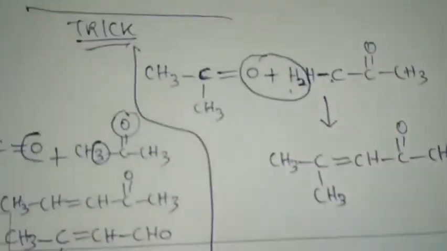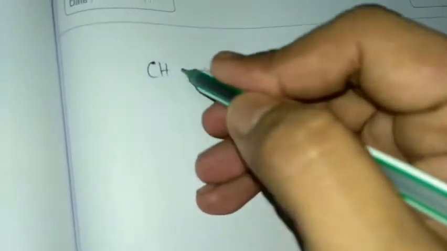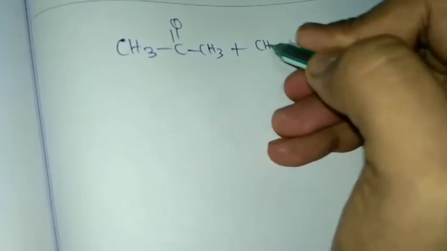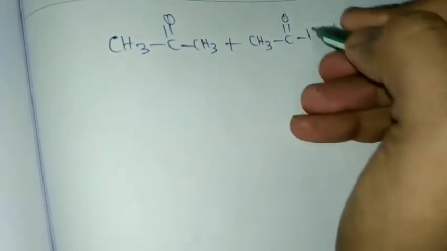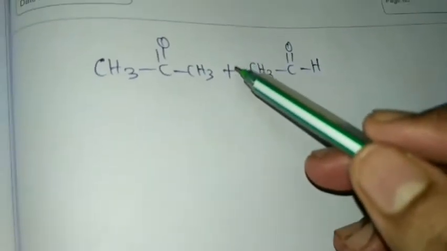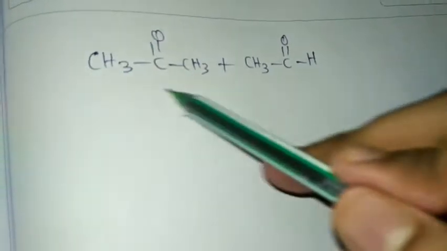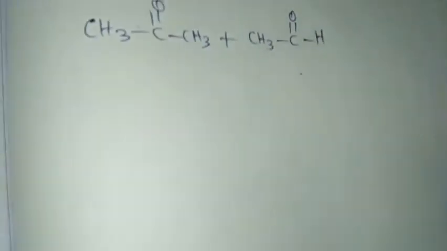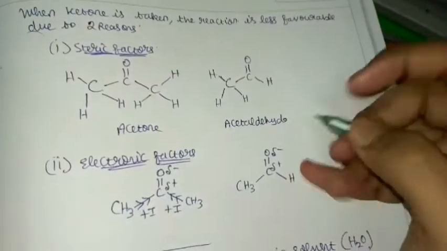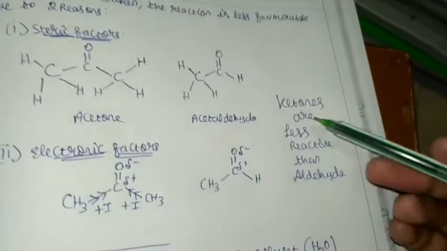So in general, if you take the problems in ketone, you understood, right? CH3 C double bond O CH3, if you take CH3 C double bond O H, all the four products will be formed. But if you are asked to find a stable product, as I said, ketones are less reactive than aldehyde. I said right here, right? Due to these two factors, what this concludes is that ketones are less reactive than aldehyde.